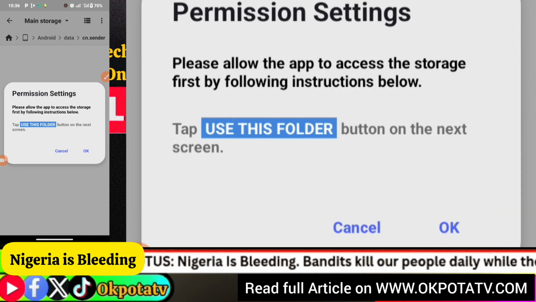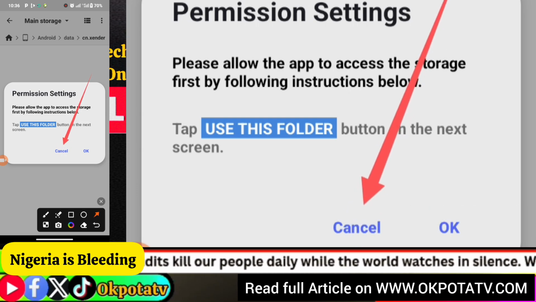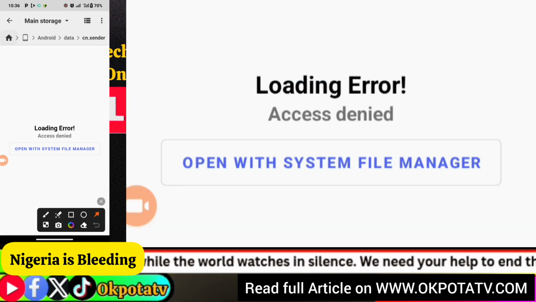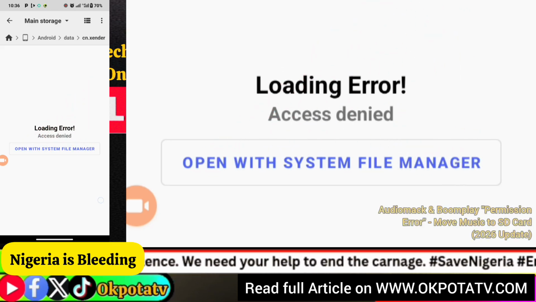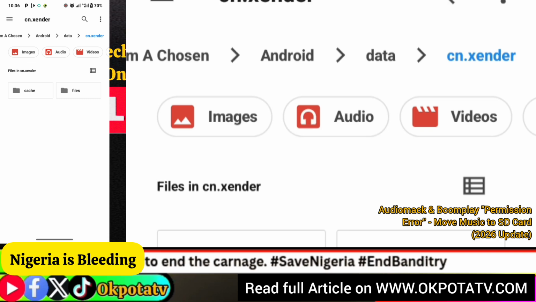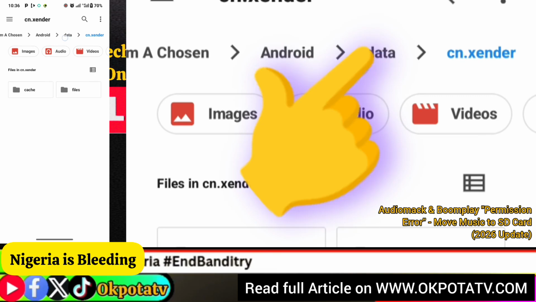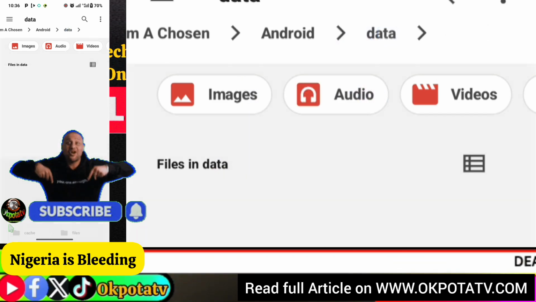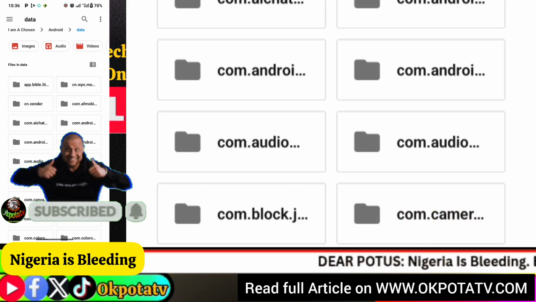After that, when this pop-up comes up, the next thing you do is touch on cancel. You don't need to click on OK. Cancel is there. After that, it will show loading error, access denied. Then you come to this button, open with system file manager. So after you touch it, it will open. From there you touch on the data where the hand is pointing to. You touch it. After you touch it, it will open many folders to you, so you can see it on the screen. Then from there you look for